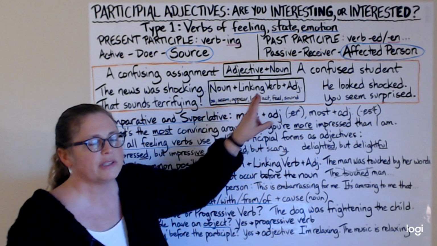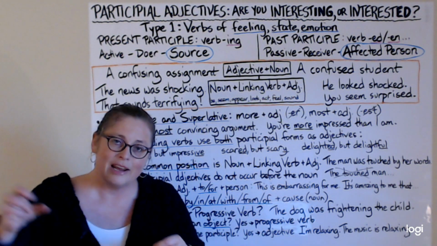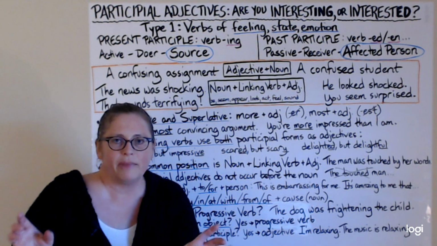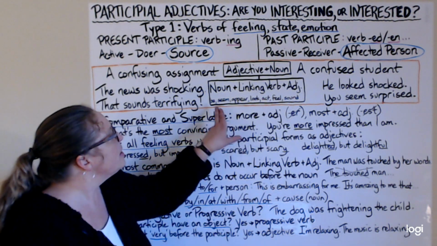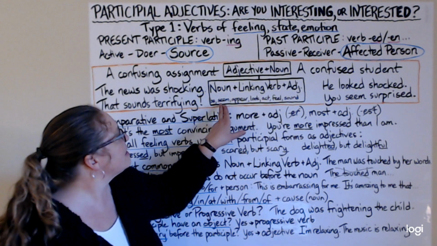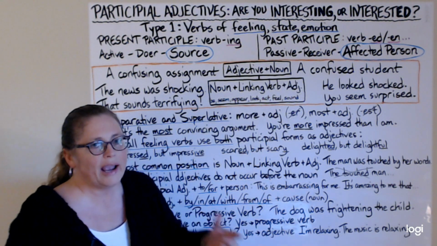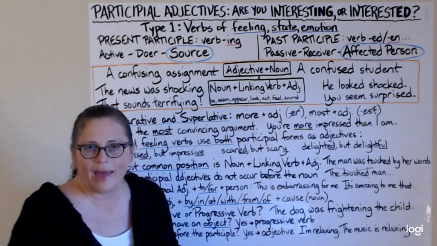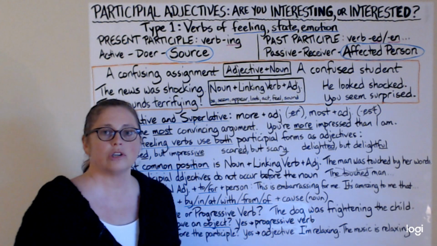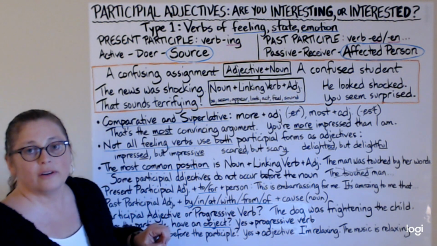Linking verbs. This is a special category of verbs in English that connect nouns and their complement, something like an adjective. So these are verbs like be, am, are, is, seem, appear, look, not look with your eyes, but you look happy, that meaning. Act, feel, sound. These can all be used with participial adjectives after them.